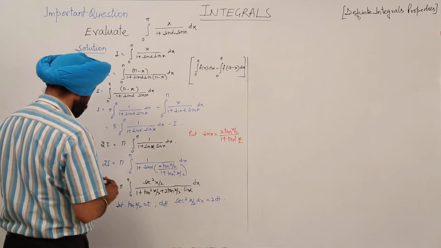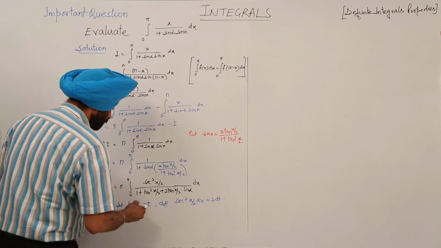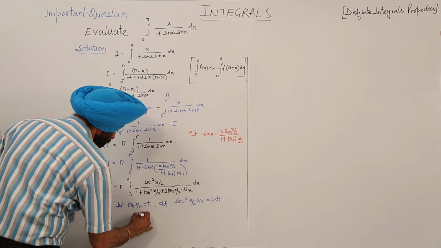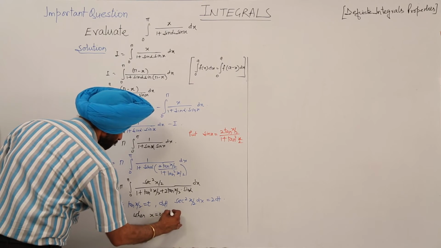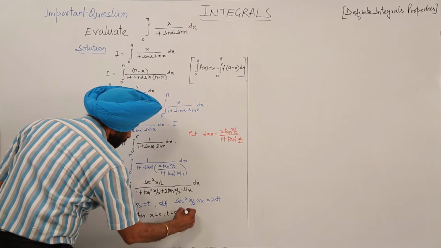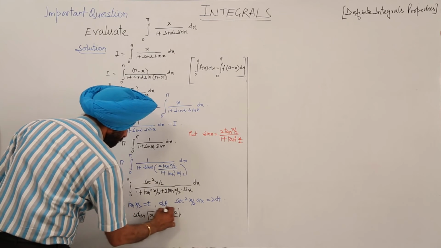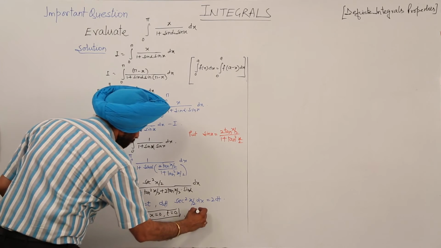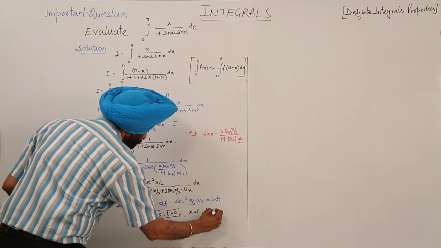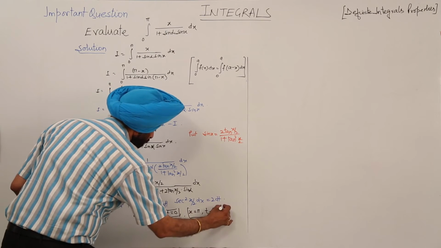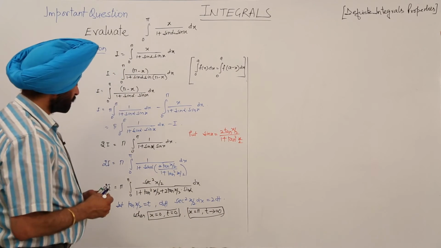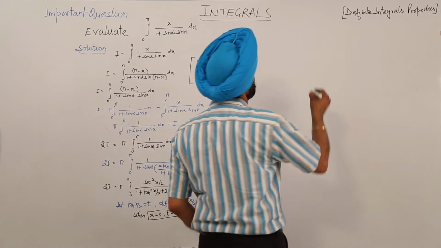Now when x is equal to 0, t is equal to 0, and when x is equal to pi, t approaches infinity. Changing the limits, now the question becomes